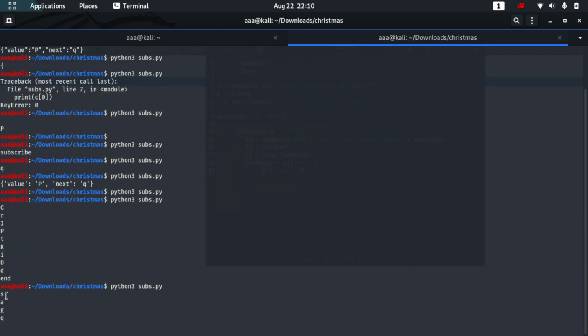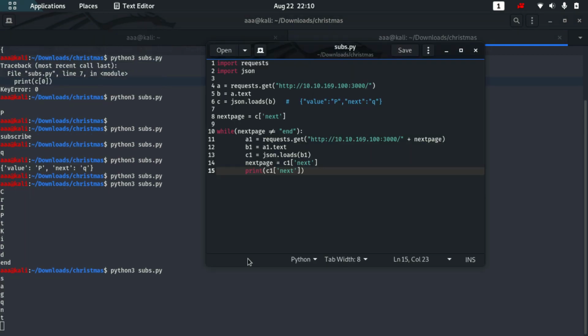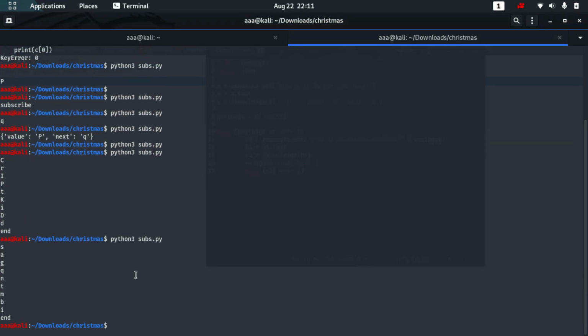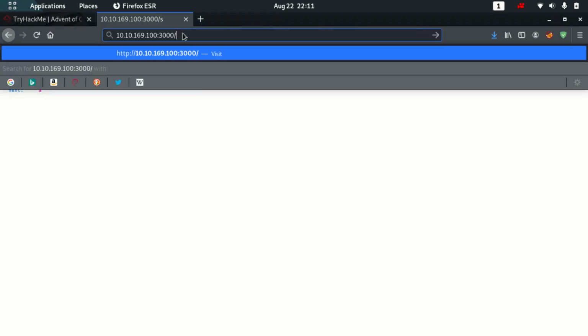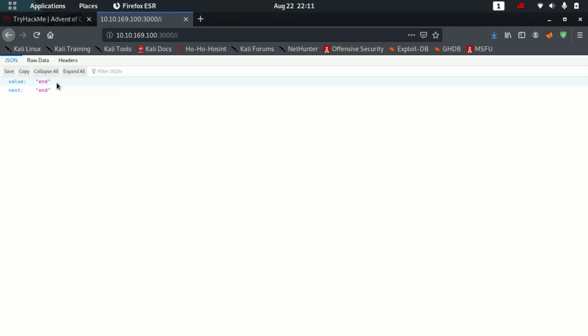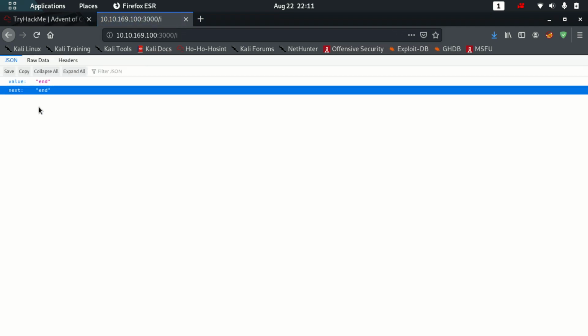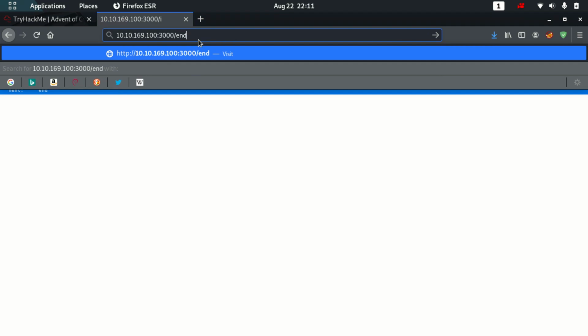You will see. Yeah, so the last is i. So over here if I do i, you will see values end, next is end. See, so good. And end is like it's the last.